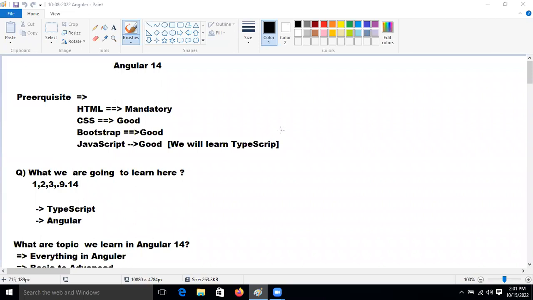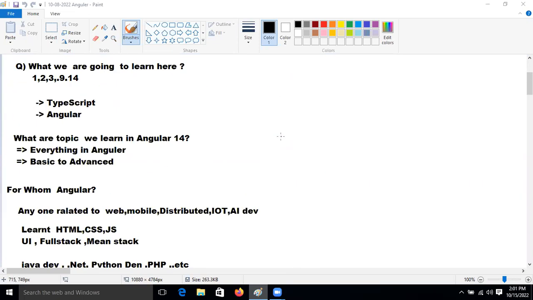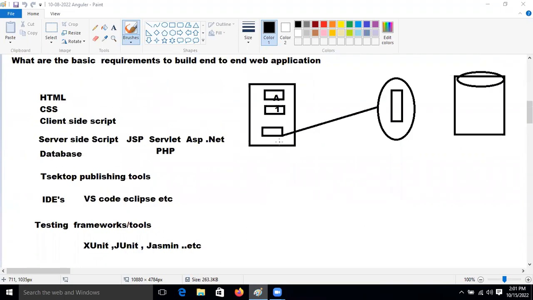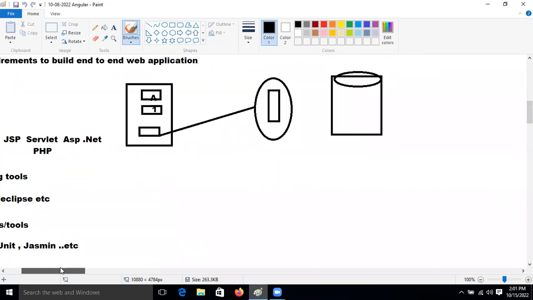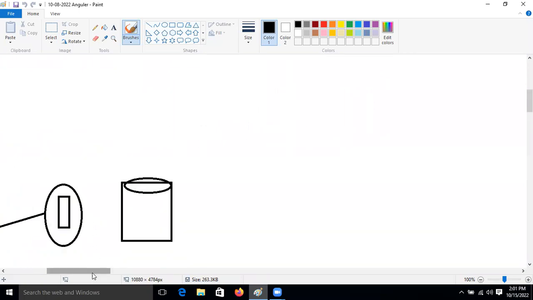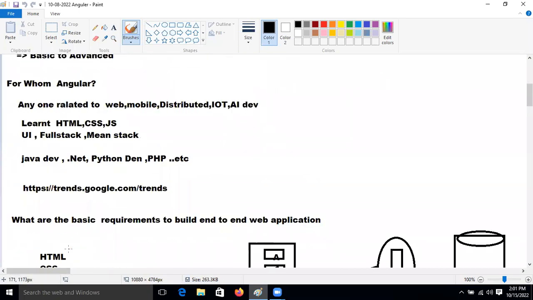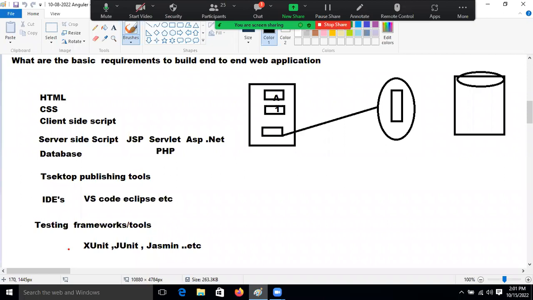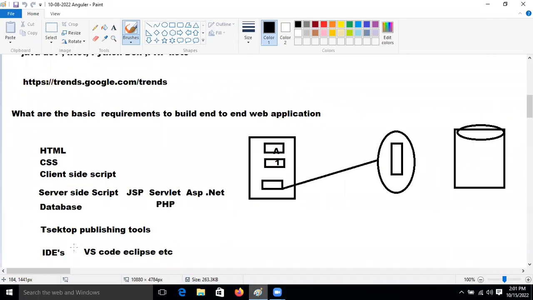Okay, so now let's get started. Whatever we discussed last time, do you remember it? Now we saw what the prerequisites are, what the basic requirements are to build an end-to-end web application.